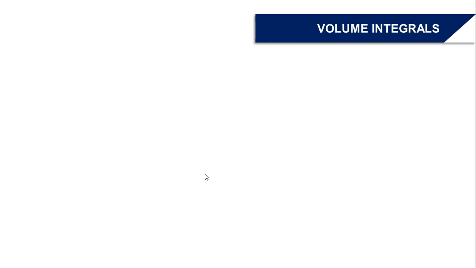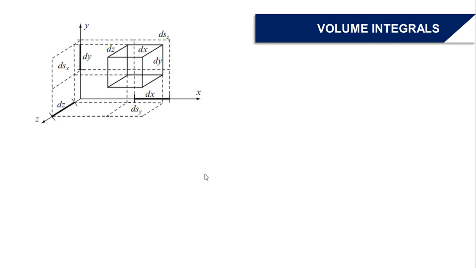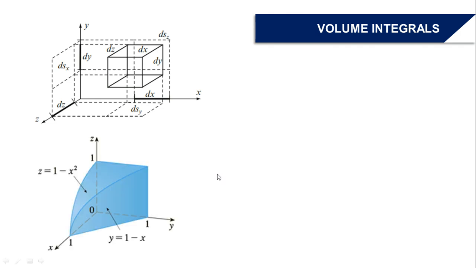Merong dalawang klase ng volume integrals na interesado tayong gawin or kunin. Okay? So, ito yung isang example, yung ordinary vector integral, and ito naman yung isang example, yung scalar integral. So, ano ba yung pinagkaiba niyan? Okay? So, yung una na